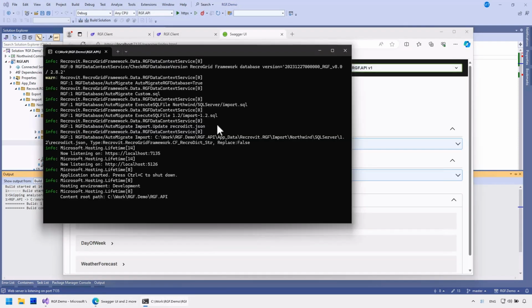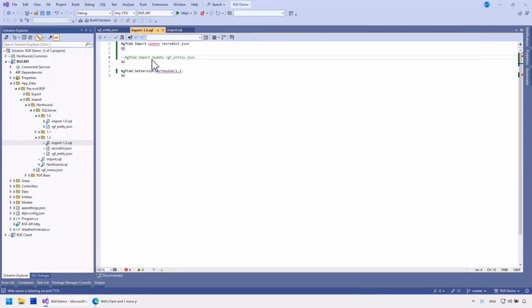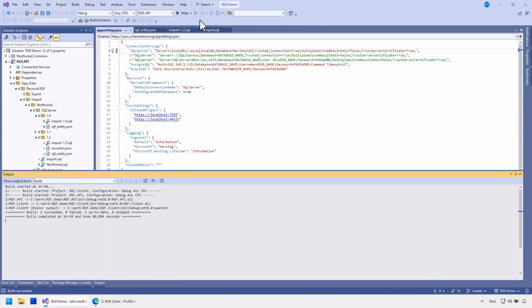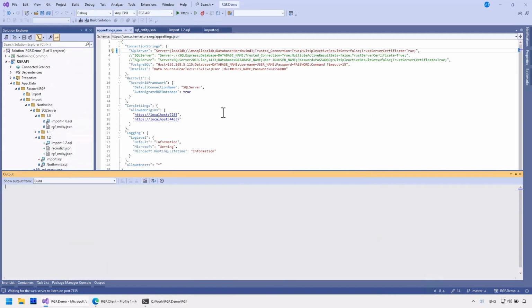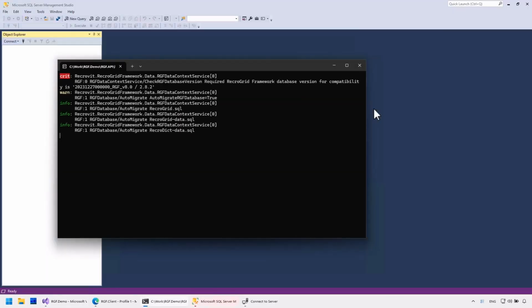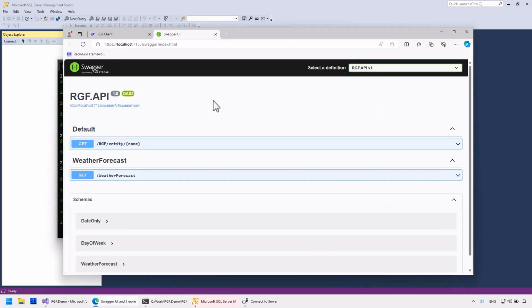The log shows that the import of 1.2 ran. And now, I'll try everything on a new database, Northwind 3. Every migration and import ran.